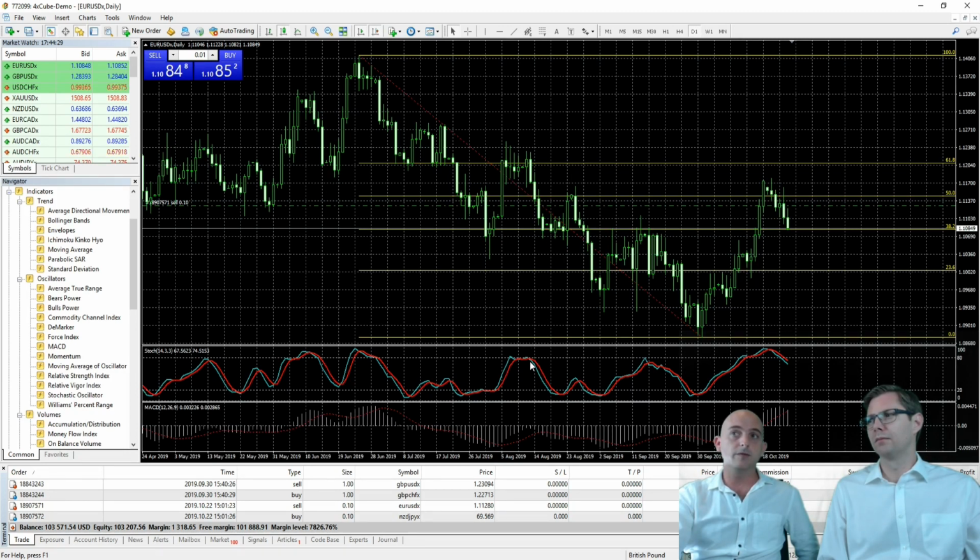So that would have been a good confirmation. So to use all of these indicators, learn them one at a time, study them one at a time, master them one at a time, but you'll get to a point where you're able to use them in combination, in tandem with each other. So one will confirm the other, and you'll get a better idea of where the price action is going to